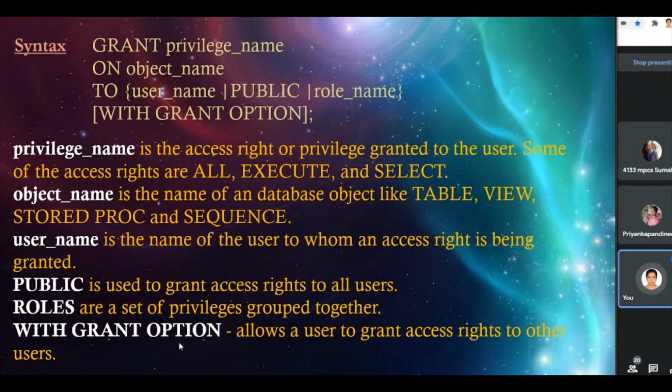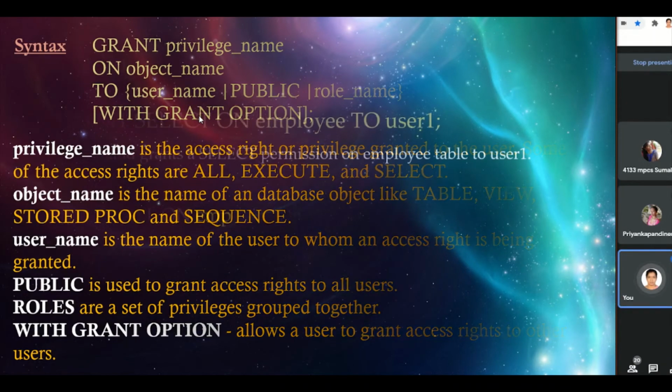And WITH GRANT OPTION allows a user to grant access rights to other users. We grant the privileges and permissions to that user, and that user can also grant the permissions to other users. When you specify this WITH GRANT OPTION, it is optional. This is the syntax of how we can use this.